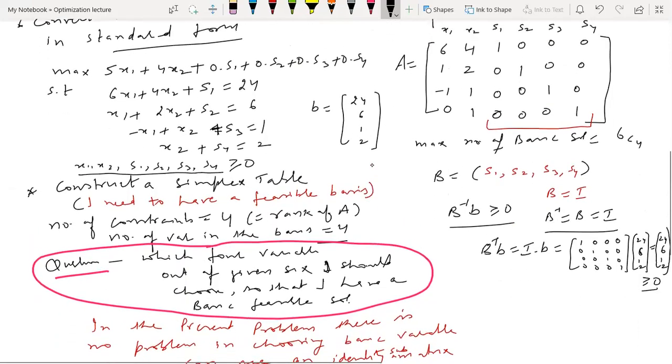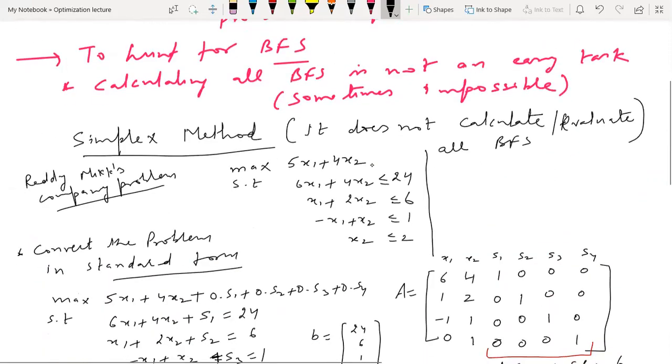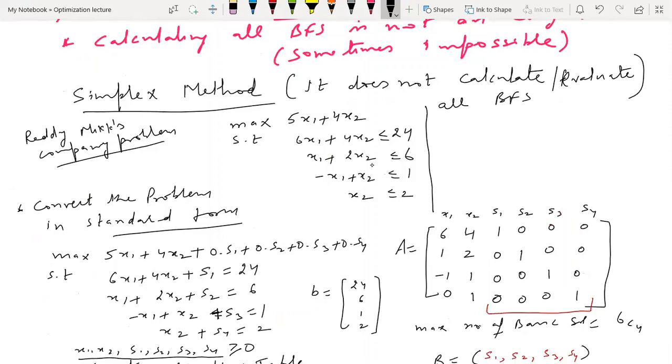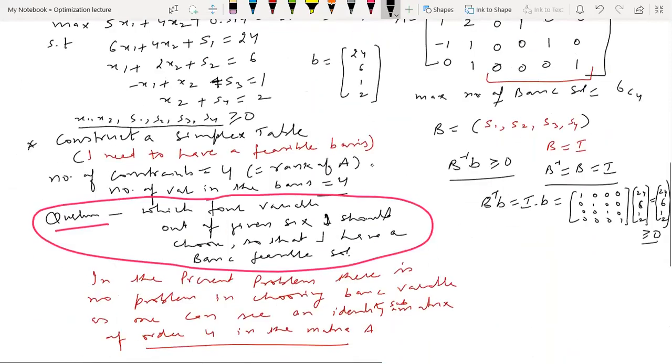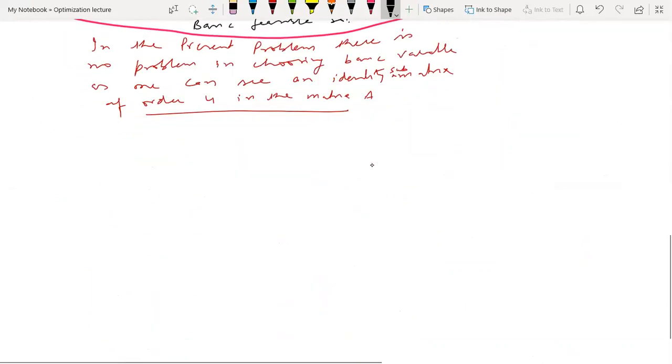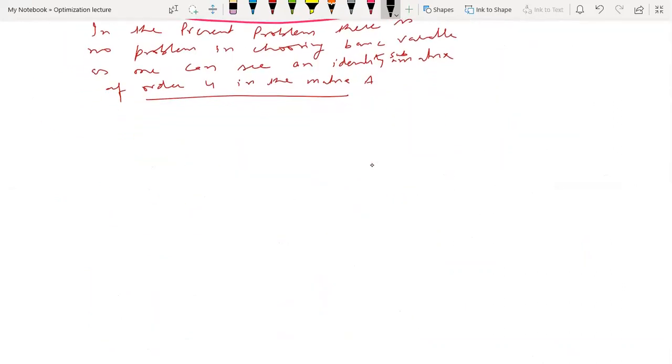And you can see whenever I have a problem of the less than type, because if you look at the original problem, what was it? Less than type constraints. So whenever there are less than type constraints, we can add slack variables. And when we add slack variables, each slack variable generates a column which is a column of the identity matrix. Okay, so we do not have any issue. So let's make our first simplex table with that. So what we are doing is we are going to construct this table